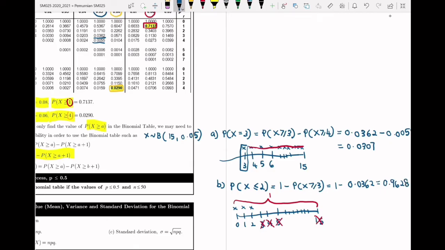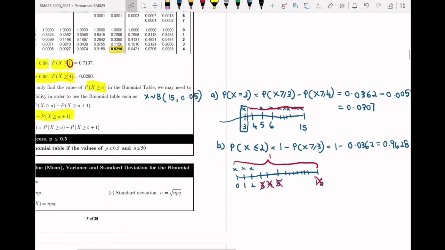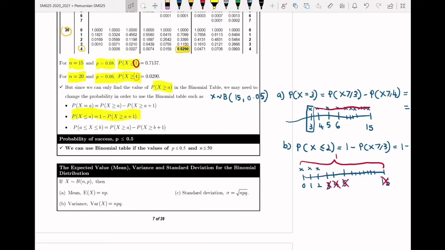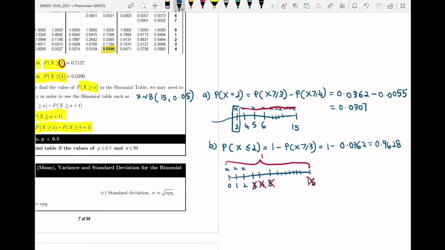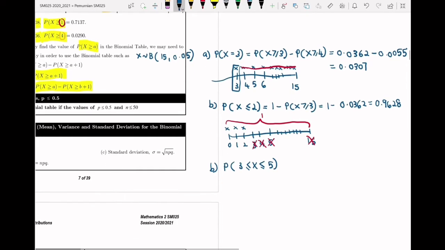0.9638. Okay, so the third one, if we want to find the value of x between a and b inclusive, what we need to do is P(X ≥ a) minus P(X ≥ b+1). So let's look at the example. If we want to find the probability of x between 3 and 5,